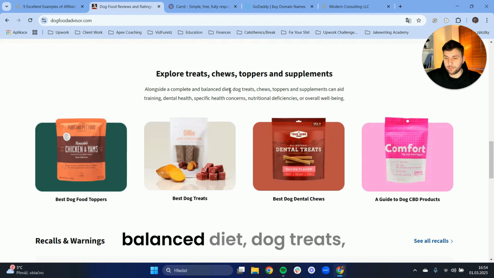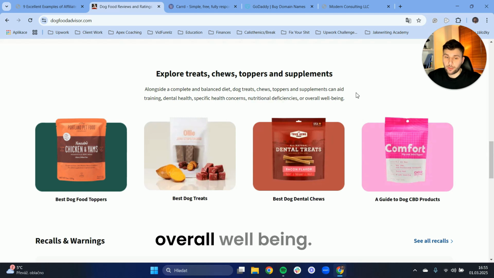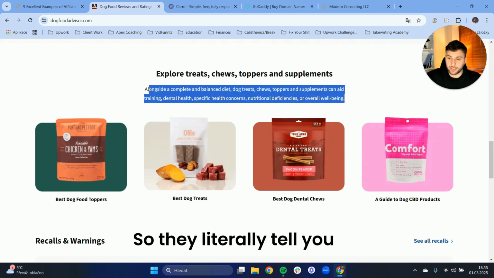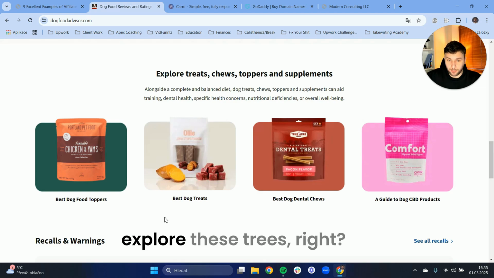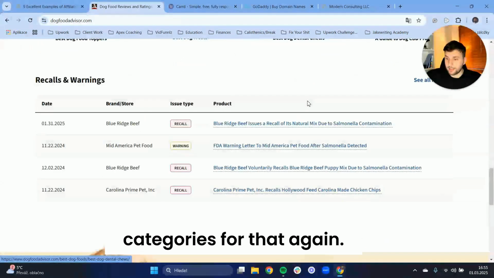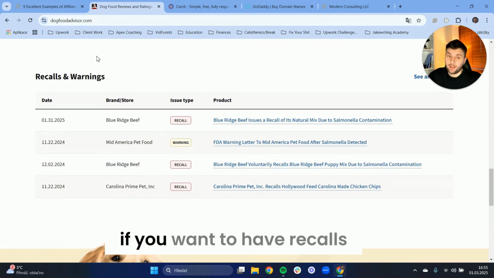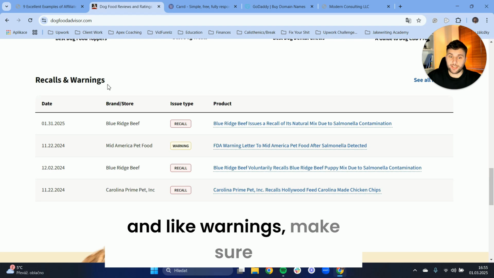Alongside a complete and balanced diet, dog treats, chews, toppers and supplements can aid training, dental health, specific health concerns, nutritional deficiencies, or overall well-being. So they literally tell you why you should explore these treats, right? Then they give you all these different categories for that again. Then the recalls, if you want to have recalls and warnings, make sure that